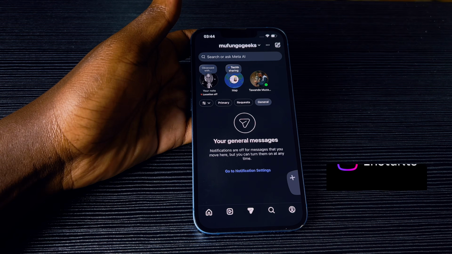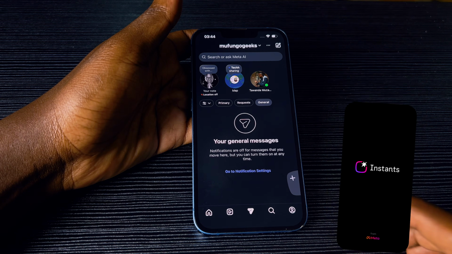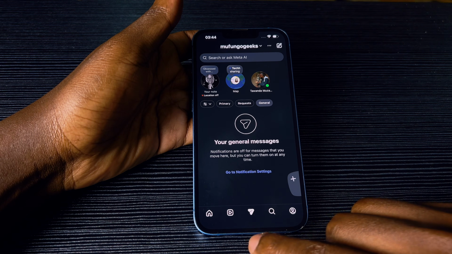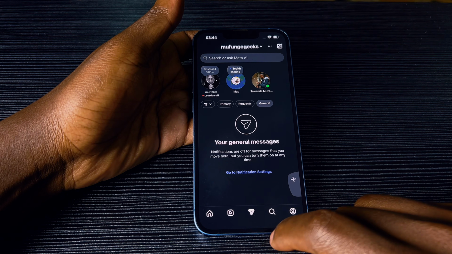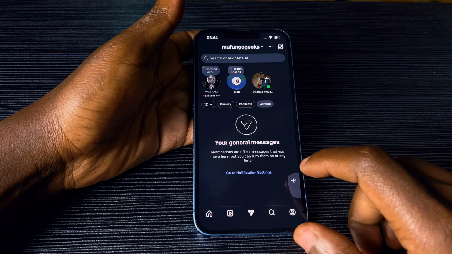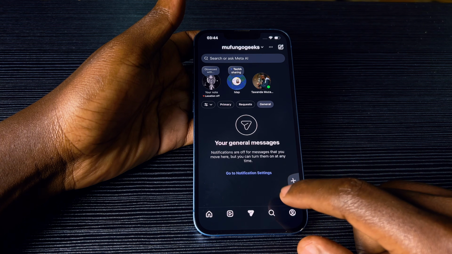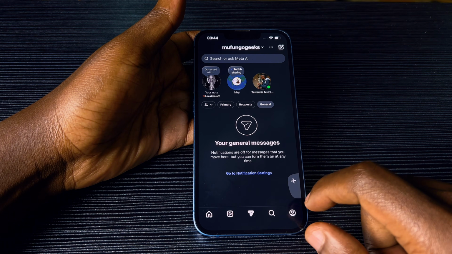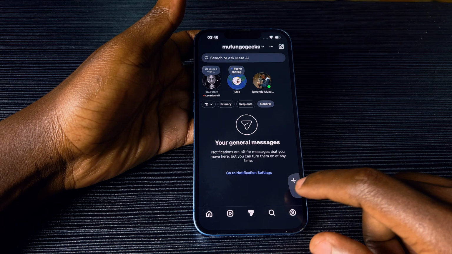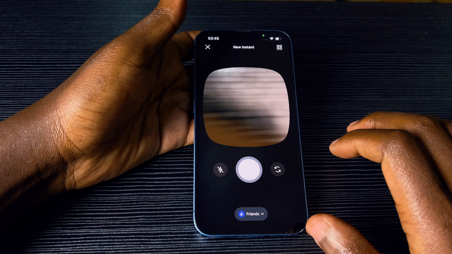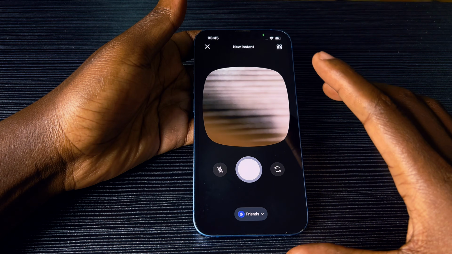This is how you add an Instagram instant. So if you open your Instagram like this and you click on the messages icon, which is usually at the center, this one, and you come to your messages, you will notice there's now a small button on your right side, this one. It's just this small add button, and you can click on it